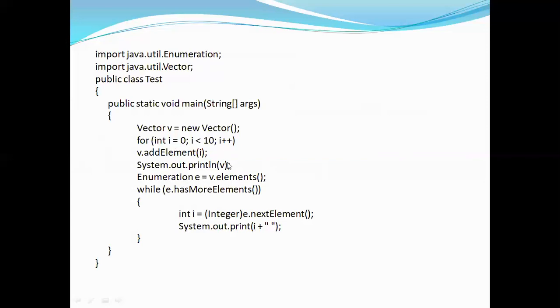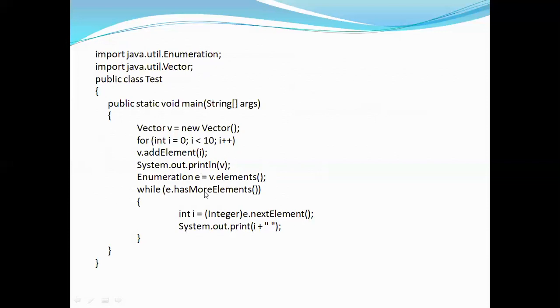Next, while printing the elements of this particular vector, every time I should check whether this is the last element to print or it has any more elements to print. That's why I'm using the method called hasMoreElements. So I'm taking a while loop with the enumeration object, that is e.hasMoreElements(), whether it has more elements or not. If it has, I'm just printing here. How are you printing? Take that element into i, that is Integer i = (Integer) e.nextElement().